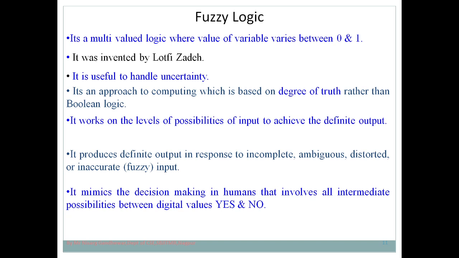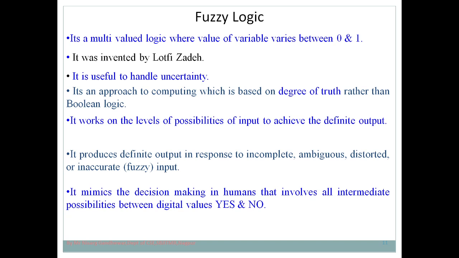So in that case, fuzzy logic is very important, because what we observe is that in our day-to-day life we are dealing with uncertainty. Means uncertain situations are there. We cannot provide an exact answer for every question. There are certain questions where you need to provide the answer in terms of probability, where you need to provide the answer in terms of some approximation. So in that case, fuzzy logic is useful.